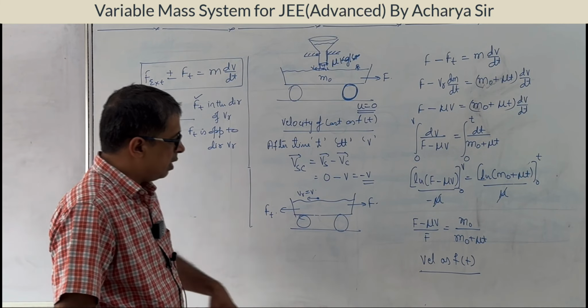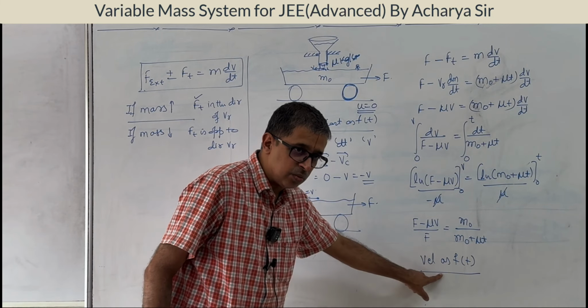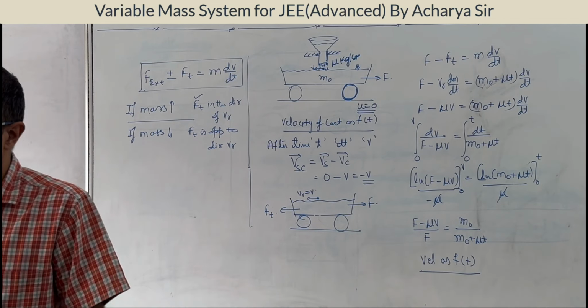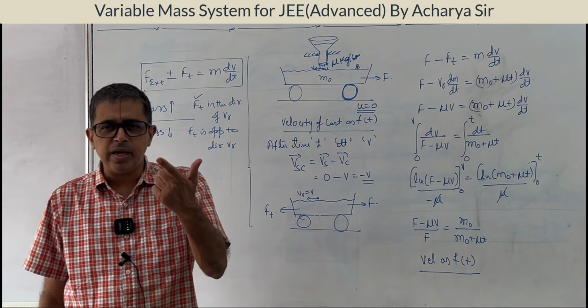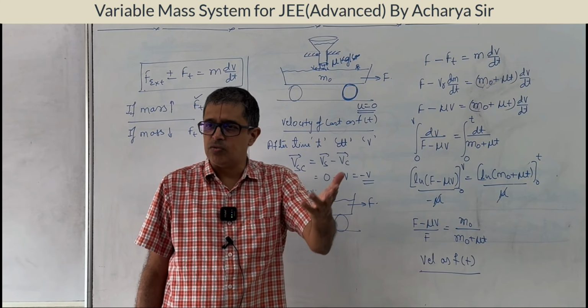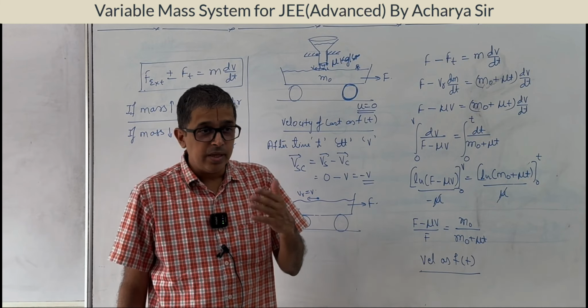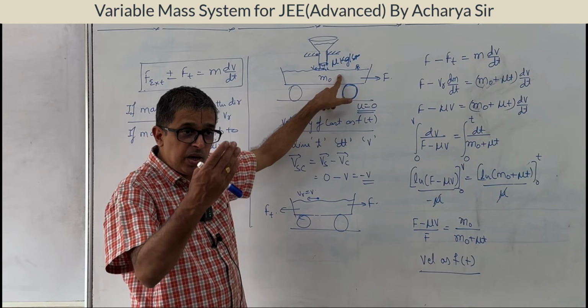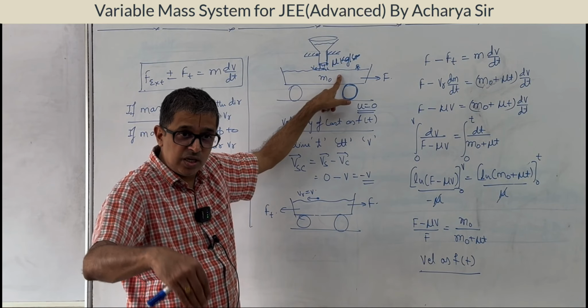Take it down till here. Simplify even this part after cross multiplying and write the expression for velocity. You obviously can make a guess as to what the next question would be. The next question would be a system where sand is spilling out of the cart, mass is decreasing,